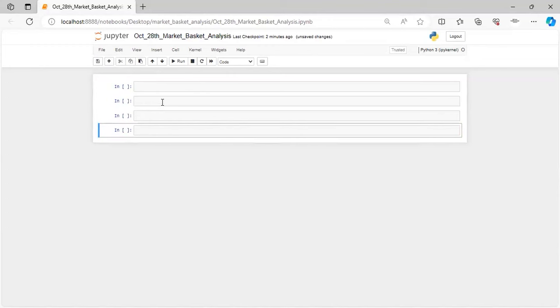If you buy a large pizza, you will get this coke along with it. It's a combo offer, pizza with coke. So this is one kind of association between different variables. So to understand the association between the variables,